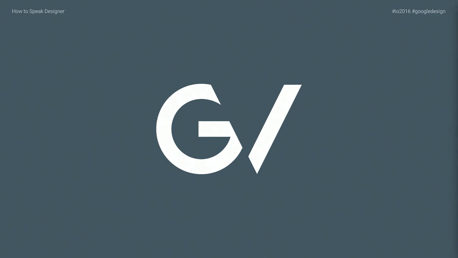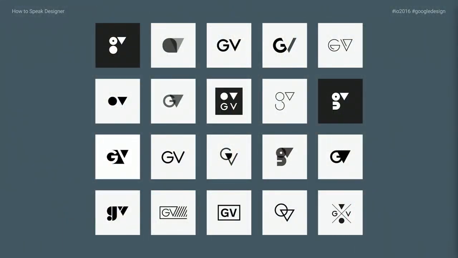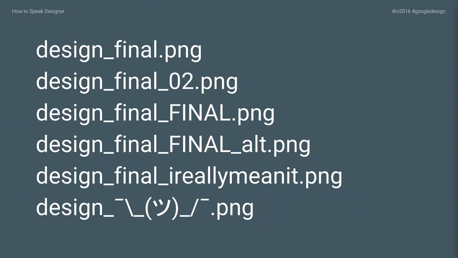So much of the design process is a little bit invisible when you see the final output. When you see this brand launched, this is an example from our own practice, the logo for GV or Google Ventures, you don't have a lot of context about what went into making this. Few people see all the different variations, iteration after iteration, and there are lots of dead ends and false starts, and files that are saved over and over. You may know final and final. The design process often expands to the time that you have and the resources that are available. So it's scaled and it's never really done.